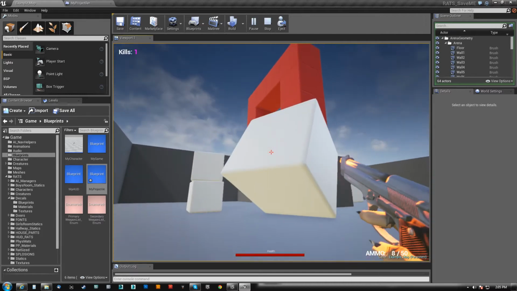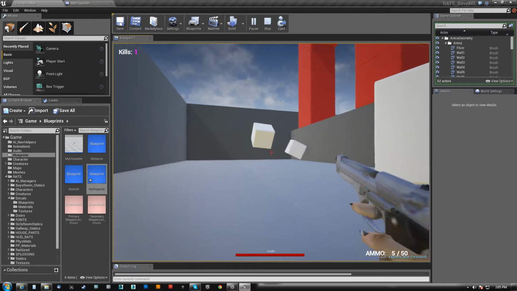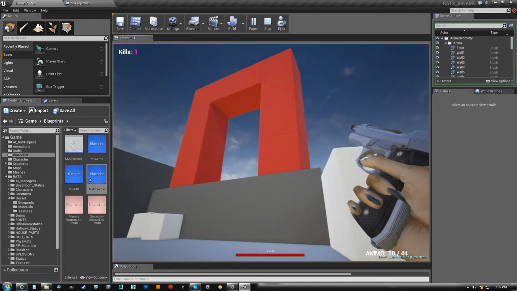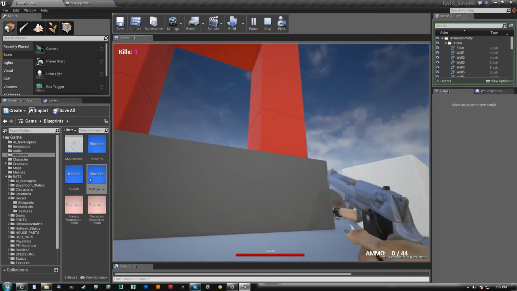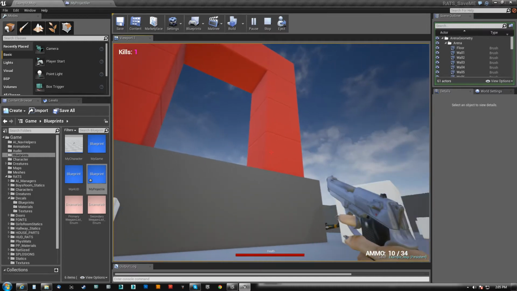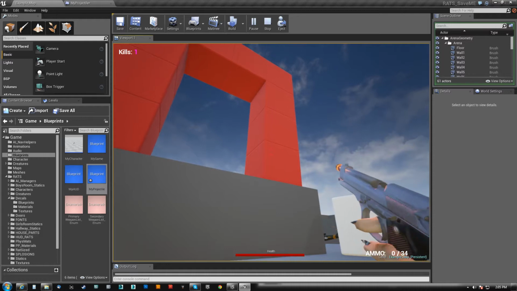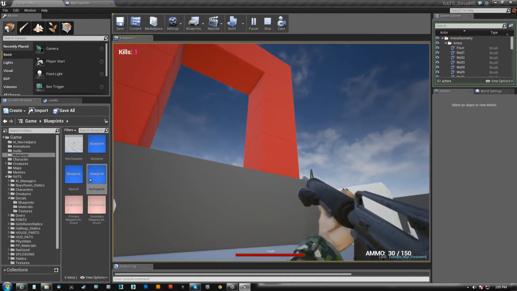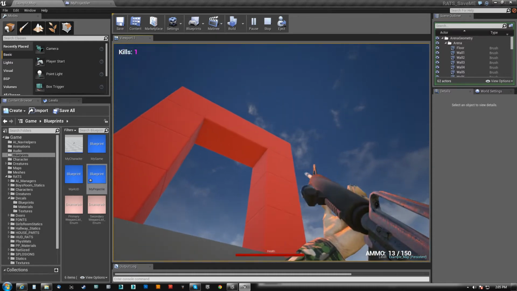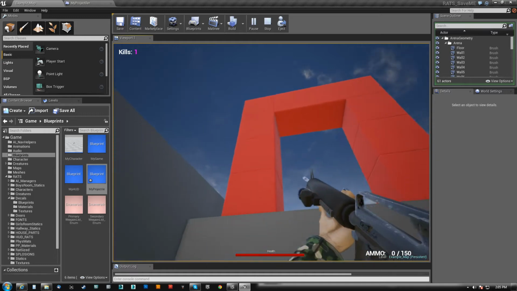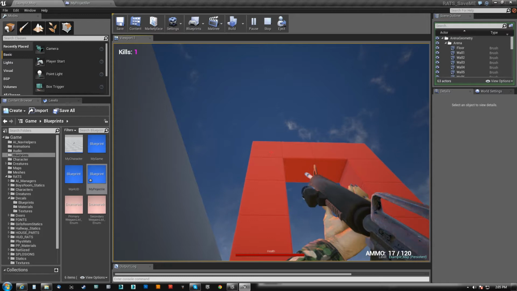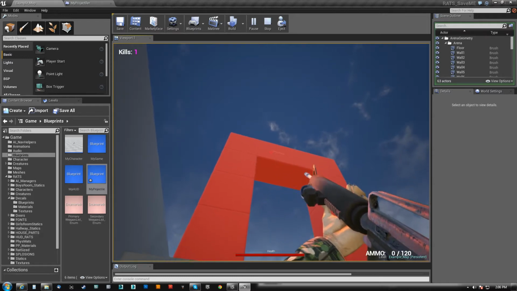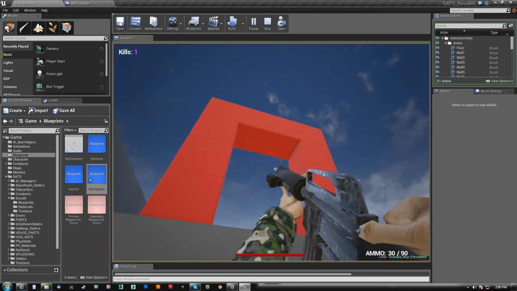It can push physics objects and cause destructible damage sometimes. Sometimes it takes a lot of bullets. This seems to be buggy, actually. I don't know why this